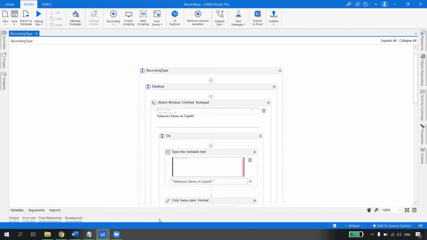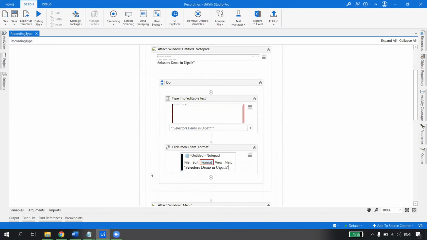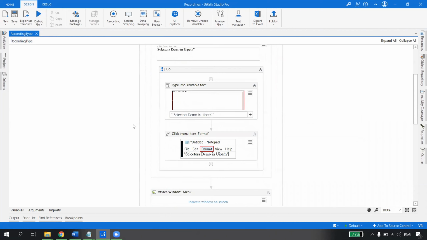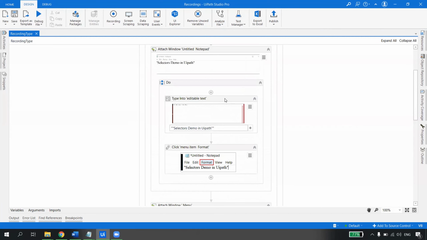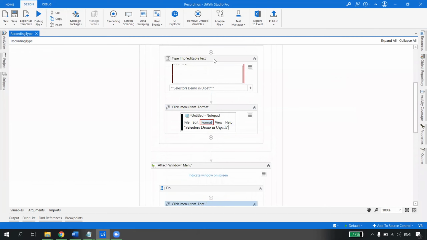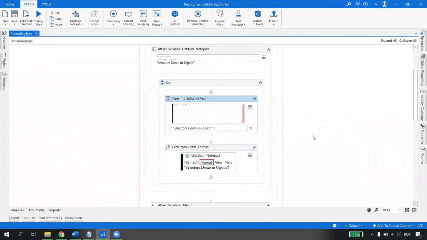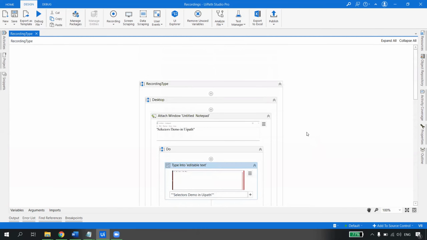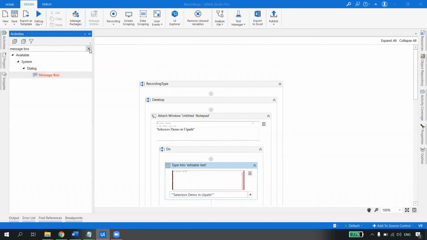Interesting or not? Yeah, interesting. Right. So see now what is the benefit? Can you see which activity, every activity now? Earlier when I asked you what do you put, you thought and then you told okay, message box. But when I use the recorder, it has given all the activities which I have to use, right? Click menu and then the click activity and the type into activity. So I don't have to think about what activity I should use during the recording, right? So there are a lot of activities.